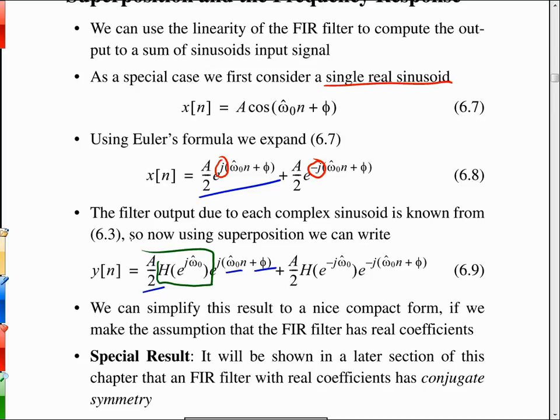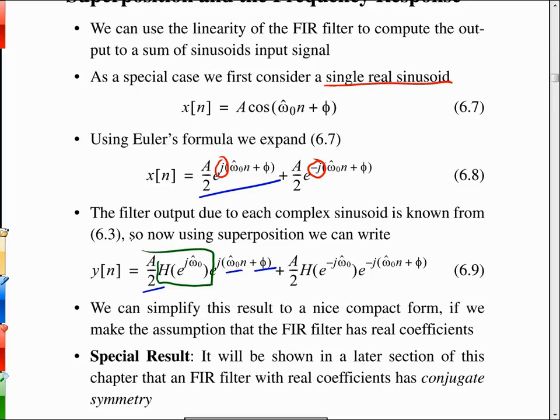Does that sound reasonable? We send a signal through a filter, and it comes out of that filter in general at a new magnitude, and it comes out having picked up a phase shift, and that's because H of e to the j omega naught is a complex number. So it says at that frequency omega naught hat, we pick up through that function a magnitude and a phase. Likewise,